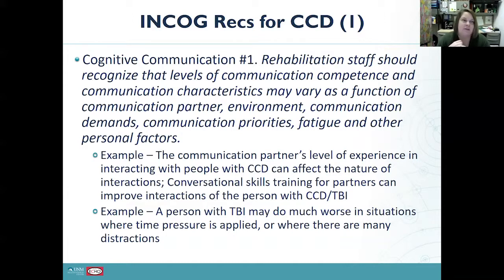And some of these recommendations are like, well, yeah, of course we know these things, but a lot of people don't know these things, and it's kind of sad that we've had to actually put them in a list of recommendations in some articles, because some of them are like, okay, of course we should be thinking about these things. The example that I pulled out was, for example, the communication partner's level of experience in interacting with people with cognitive communication disorder can affect the nature of the interaction. So it's not just about the abilities of the person with the brain injury, it's about the abilities and the competencies and